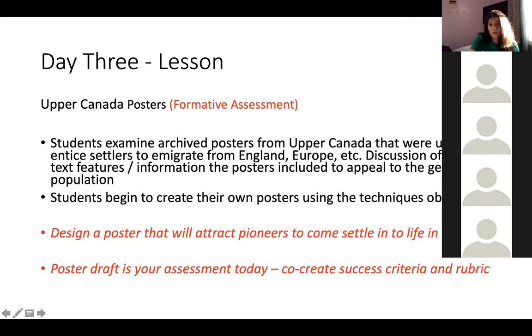But before they sit down to work on that poster to do their draft, I'm going to sit down with them and co-create some success criteria. What are the elements of this poster that have to be available on the final copy? So I'll co-create some success criteria, and from that success criteria, we can co-create a rubric. Because the rubric is going to be more in-depth than the success criteria. So I'll co-create the success criteria and the rubric, then put them to work on their poster draft,